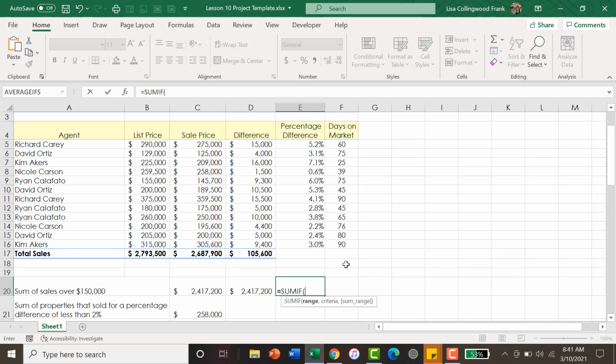There are two ways you can enter functions. This is the first way: you can enter it directly in the cell. When I started the function, you will see I have this little cheat sheet. The first thing it wants is the range. This will be the conditional range. What range is it looking at for the if portion? I am looking for the sum of sales over 150,000, so the range would be this range,